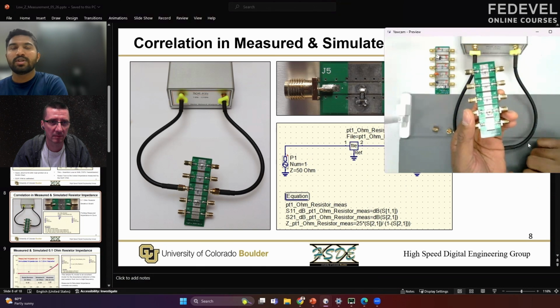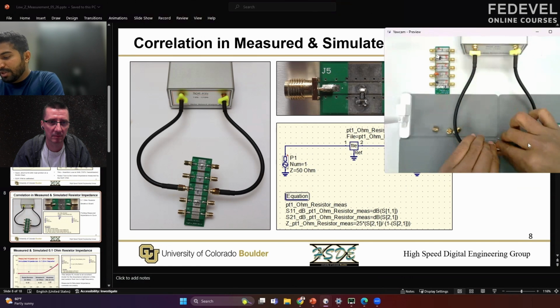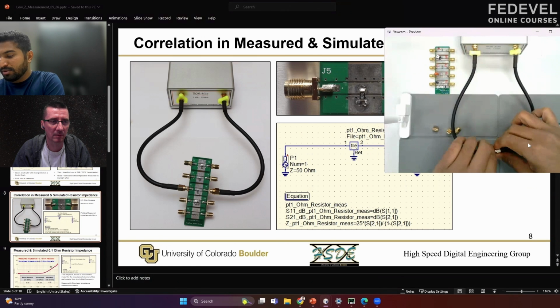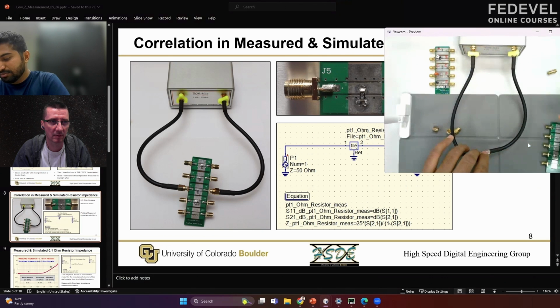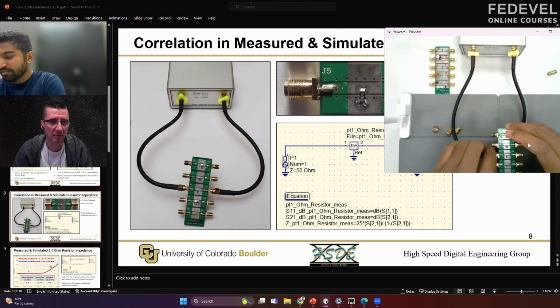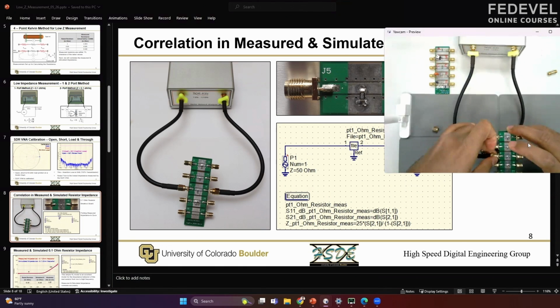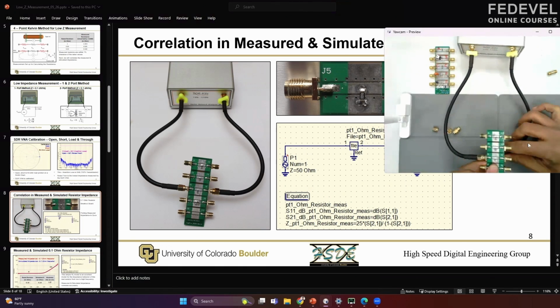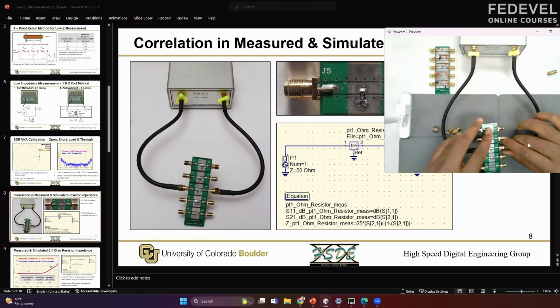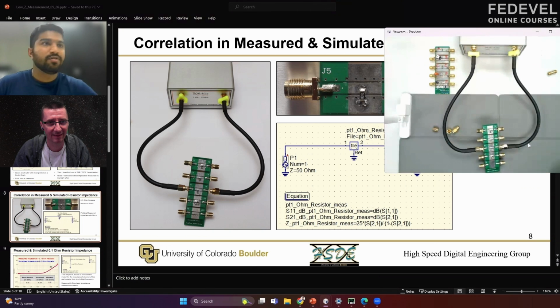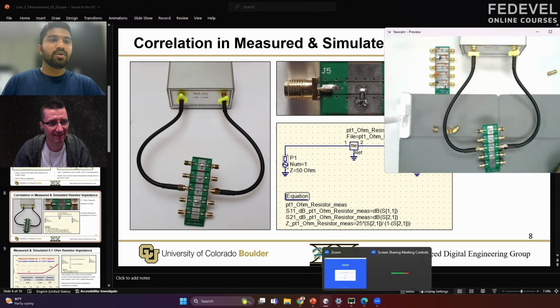And to do that, I'll connect it to both ports of the VNA, to the 2 ports of the VNA. Now that we have our setup done, we'll go to the